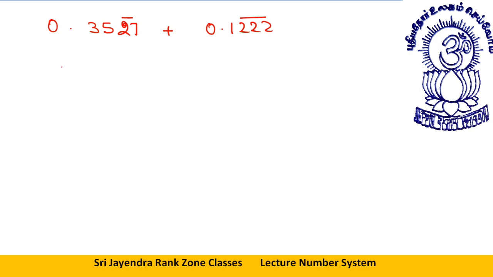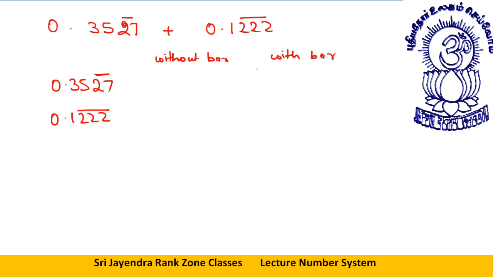What I do is, see, 0.3527 bar, and triple two. Just take this into account. Now this is a very good question. Here we have 2 digits and here we have 3 digits. Okay, no problem. I think there's a typing mistake in the question, but we'll suppose we need to solve this question. A very good method for this. Without bar, with bar. Now this is a special question.